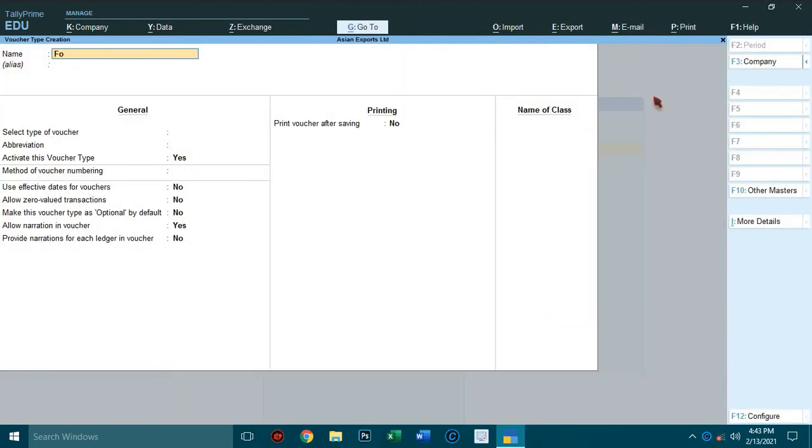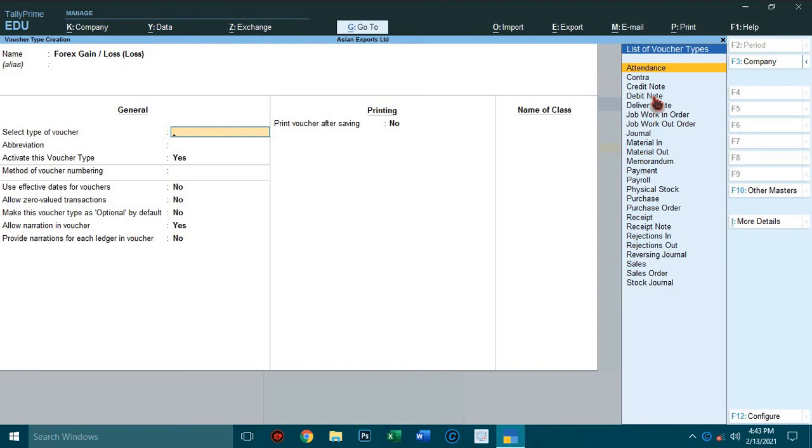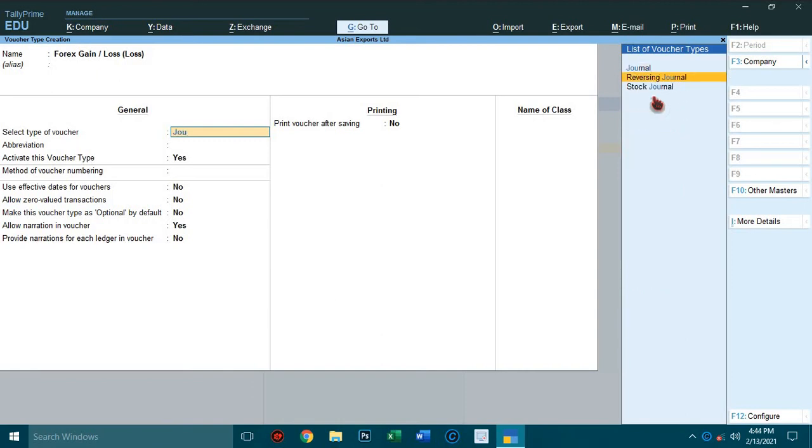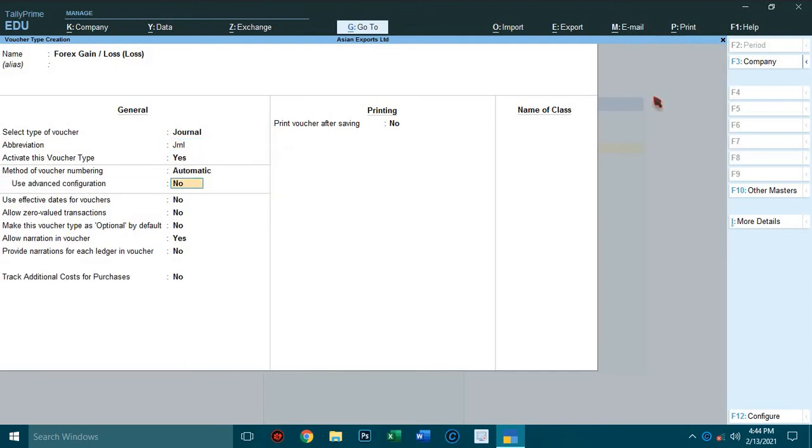So next create forex gain or loss within bracket loss. Select type of voucher, journal voucher in the list of voucher types. So come to the name of class.